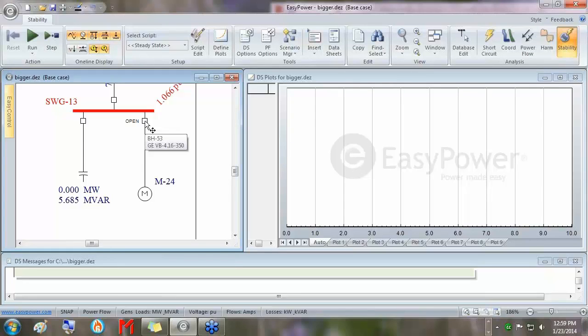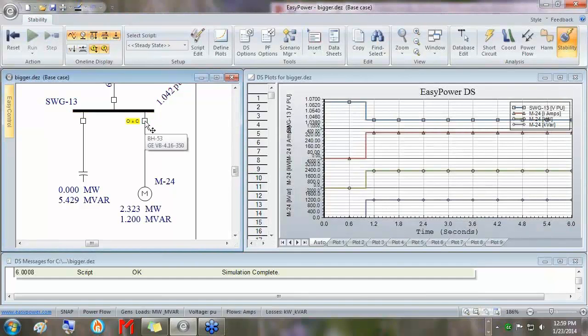So what it's going to do is run for us. I'll show you this in the actual dynamic stability options, but it's going to run for a second, then it's going to start the motor, which of course has no information about starting current or any inrush conditions, and it's going to literally just throw the load of the motor back on at 1 second and then run for 6 seconds. So if we blow this plot up,